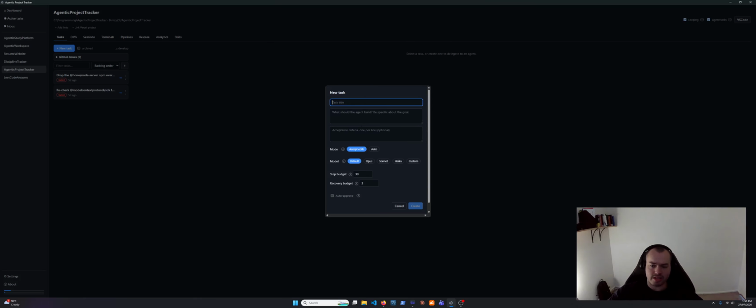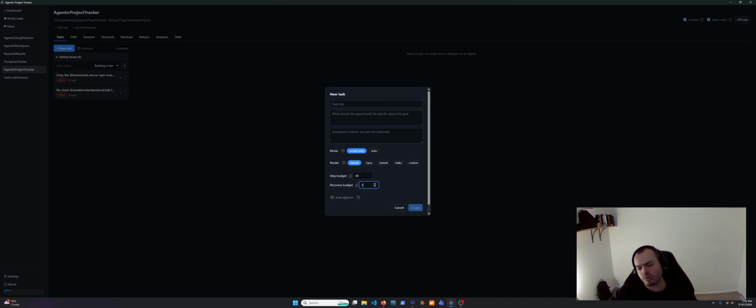So I can basically just create a task to do something on this particular project. Like if I want to move a label or add capability, I would create a task for it. I can then configure how the task should be executed, whether or not I need to be the human in the loop accepting edits, so it goes to my inbox, which default model to use, the step budget and recovery budget, which is kind of like a fail-safe system so the agent doesn't just run in perpetuity and burn through a bunch of credits. It will accumulate as it works on a task and runs into issues